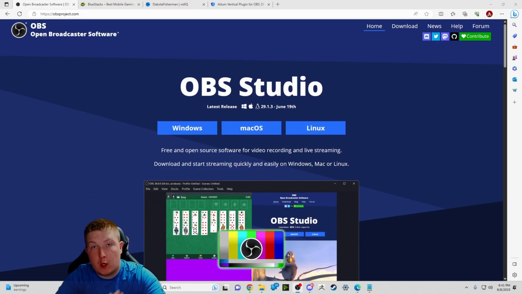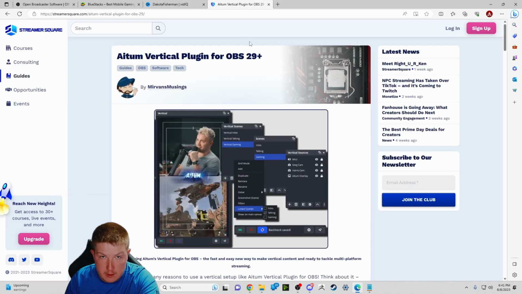You want to get the OBS Studio software. This is one of the best tools that you can have at your disposal. Primarily, what OBS allows you to do is not only stream your videos, but you can also record them, and you can even, with the Aitum Vertical plugin,